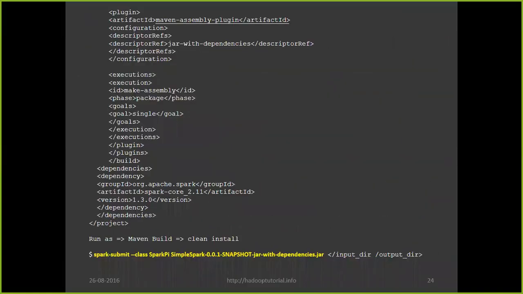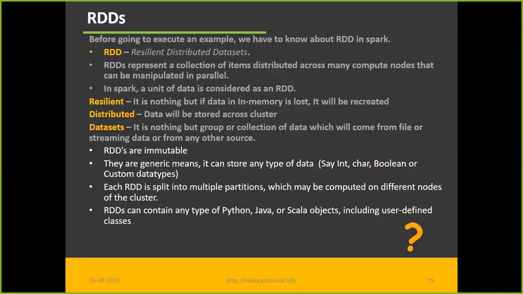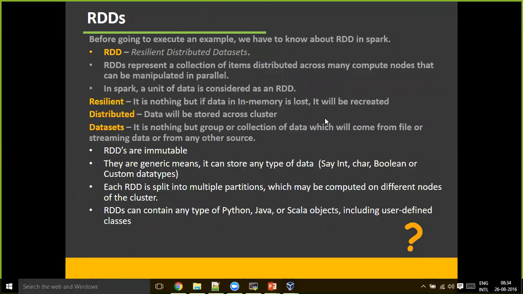Shiva, can I ask a quick question on resilient? I didn't get clearly what resilient means. Fault tolerant. So that means if some calculation on some node fails, then it will recalculate, something like that. For now, fault tolerance means if something is lost, recover it.